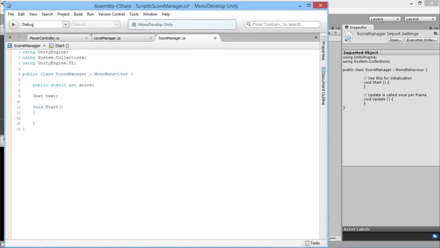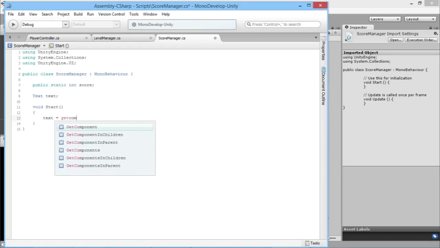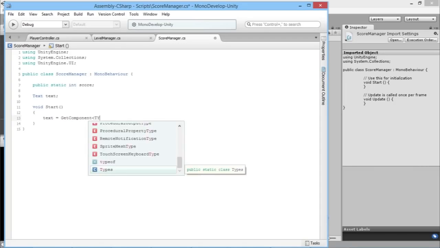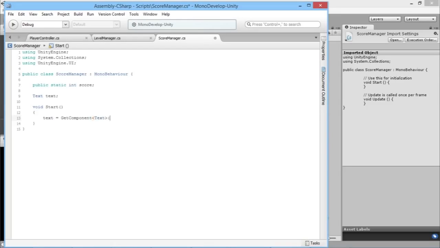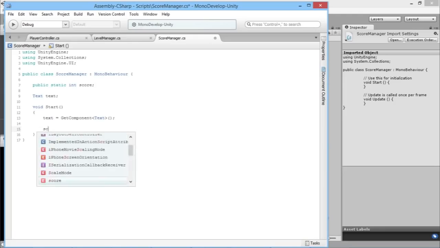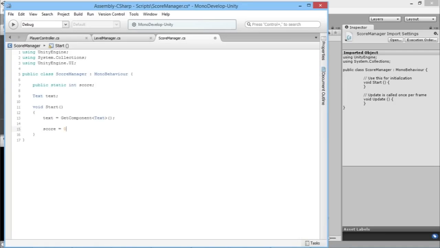Okay, so within this function, what we're going to do is we'll get our text object, and because this script will be attached to the score object that we just created a few minutes ago, we'll say text is equal to get component text. So that'll find the text area that we already have on the object, and it'll automatically set the score to 0, and that'll be the default starting score for the game. So then we'll go to void